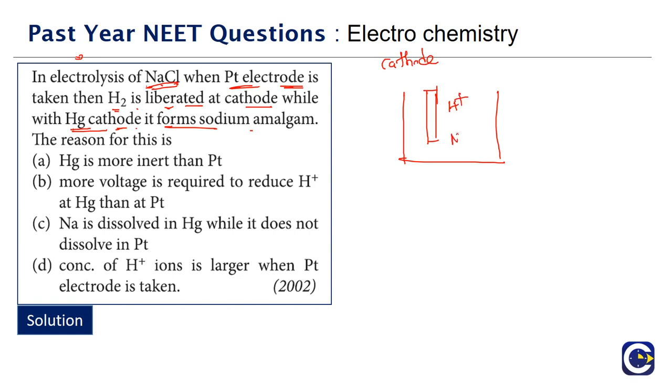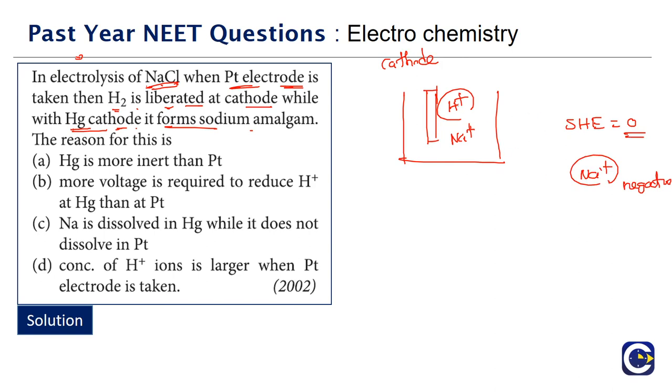Cations will approach the cathode, right? We'll have both Na plus ions approaching as well as H plus. At the cathode, reduction must happen, right? The reduction potential of H plus will be higher. In fact, for the standard hydrogen electrode, the reduction potential is 0. For the Na plus, the reduction potential will be negative. It will be below actually. For all alkali metals, it will be negative only. So we will see that it will be negative, below.